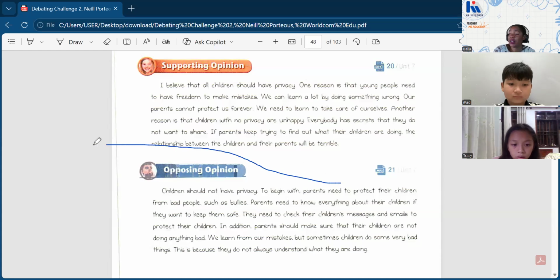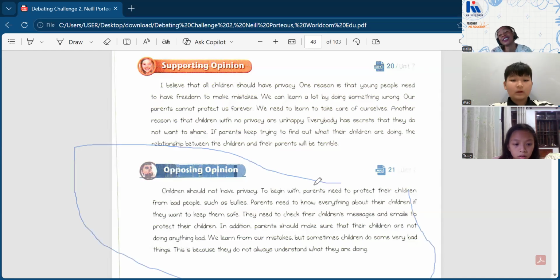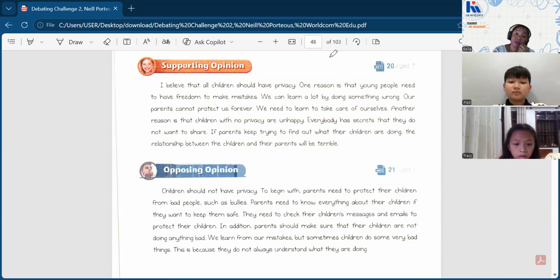Tom, it's your turn. Please read the opposing opinion and explain to us what you understand from the opinion. Children should not have privacy. To begin with, parents need to protect their children from bad people, such as bullies. Parents need to know everything about their children if they want to keep them safe. Then they need to check their children's messenger, and email to protect their children. In addition, parents should make sure that their children